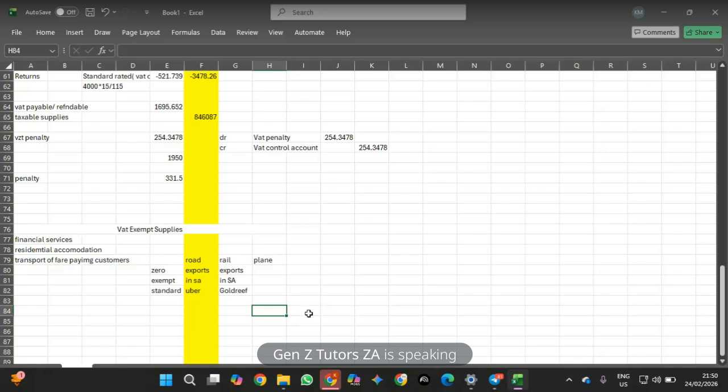You understand? And then with planes, if ever it's a plane going outside of South Africa or inside, exports and imports, zero rated, right? If ever you're going outside or inside the country. But now, if ever you are in SA now, you're traveling by a plane, you're living soft life, moving from Gauteng to Cape Town, the traveling 12 hours,